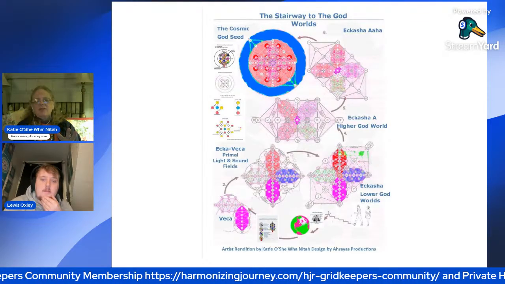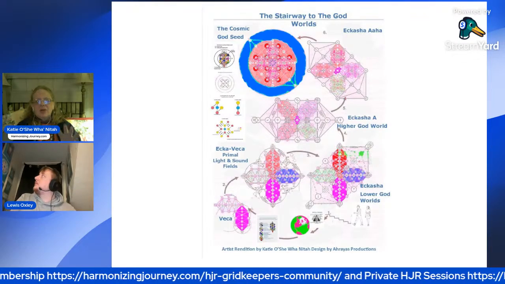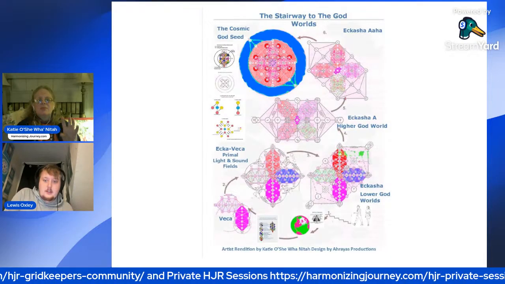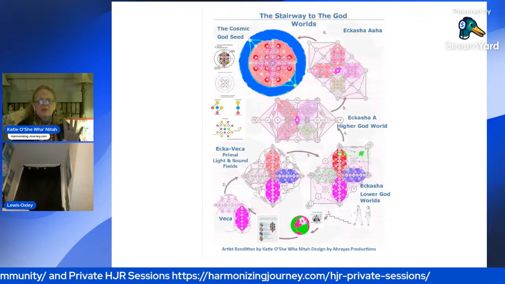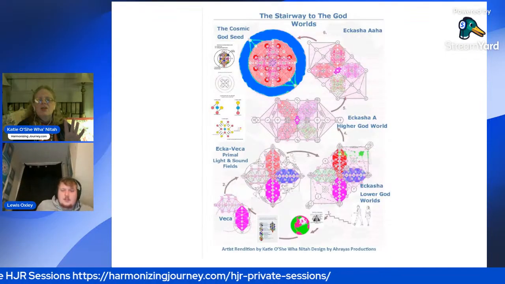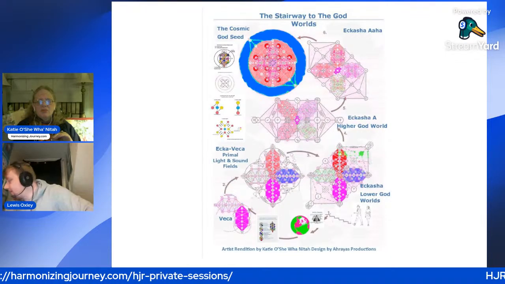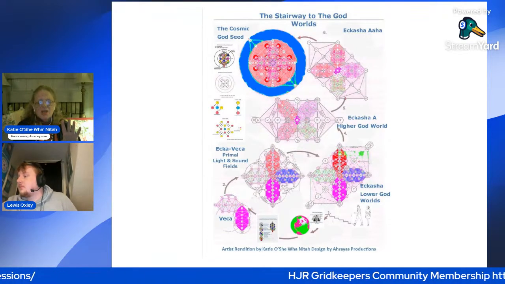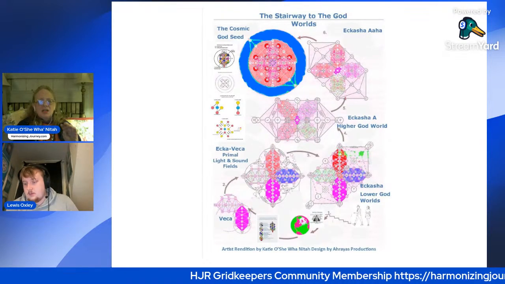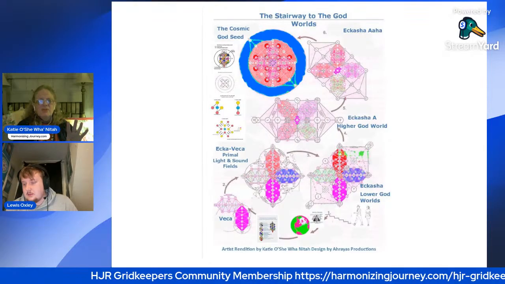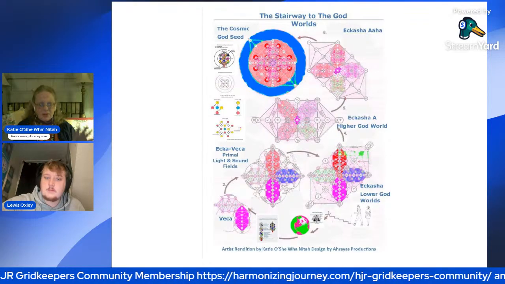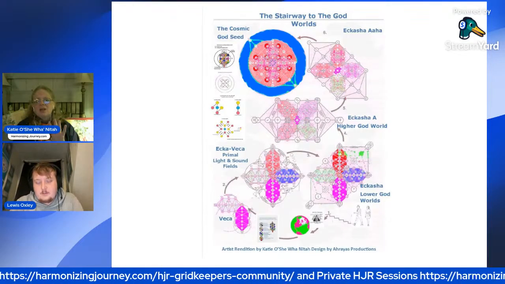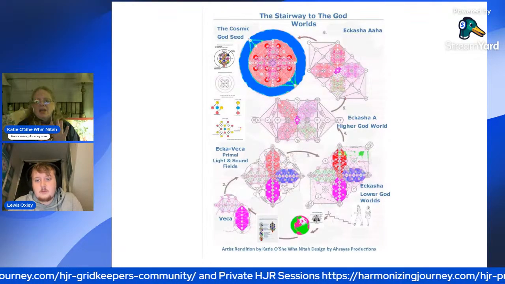We're a little self on planet Earth. We have our own Merkaba structure, spiraling vortices, counter-spiraling vortices that make bigger counter-spiraling vortices, anti and matter particles together. This harmonic universe was 4 harmonic universes within our Veka, connecting into the primal light and sound fields, which makes it into a 15-dimensional time matrix. Then that fits into an Akasha, and the lower God worlds.